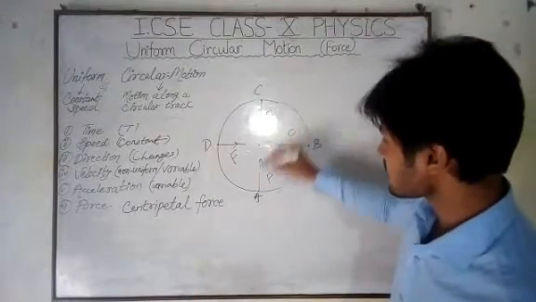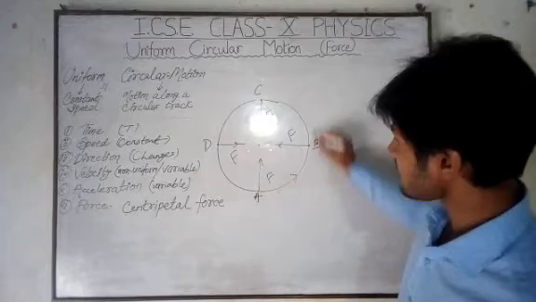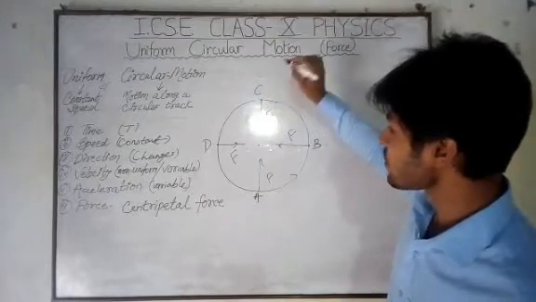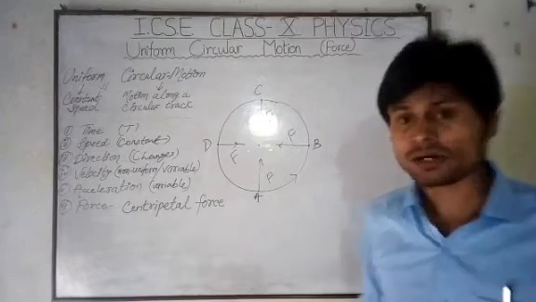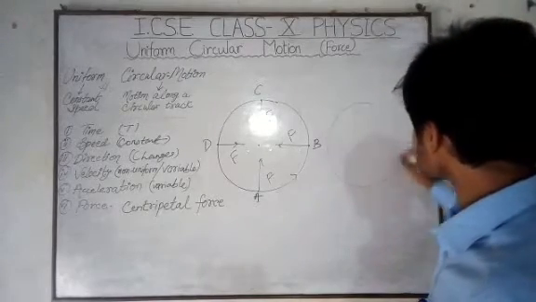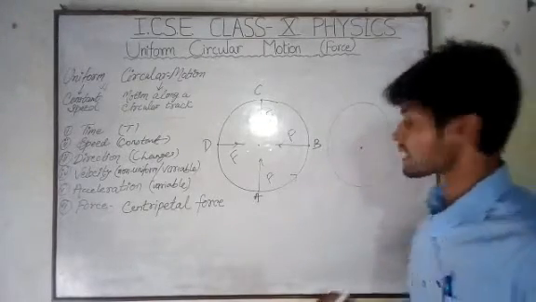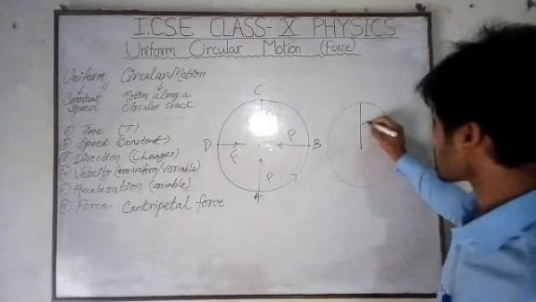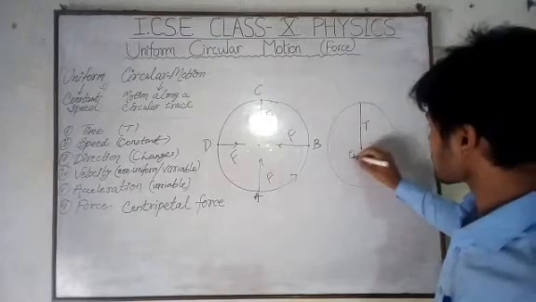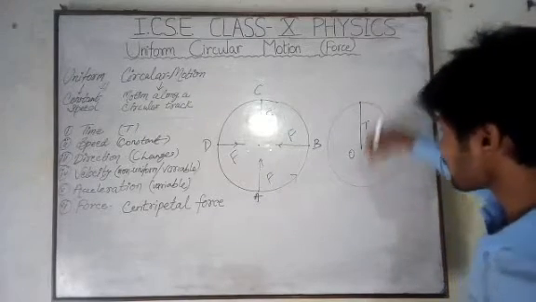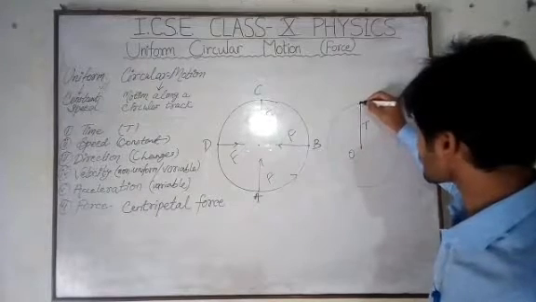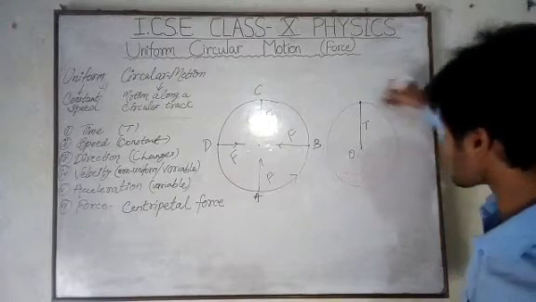Suppose at any moment the thread breaks, then where does the stone move? Suppose here, if you consider the point where the stone is moving like that, and at the point C the thread is broken, then what happens? There is no centripetal force acting on it. Suppose here we consider this is a circular track, and this is the thread. This thread has a tension T. So this tension T acts as a centripetal force to maintain this stone in this circular track.